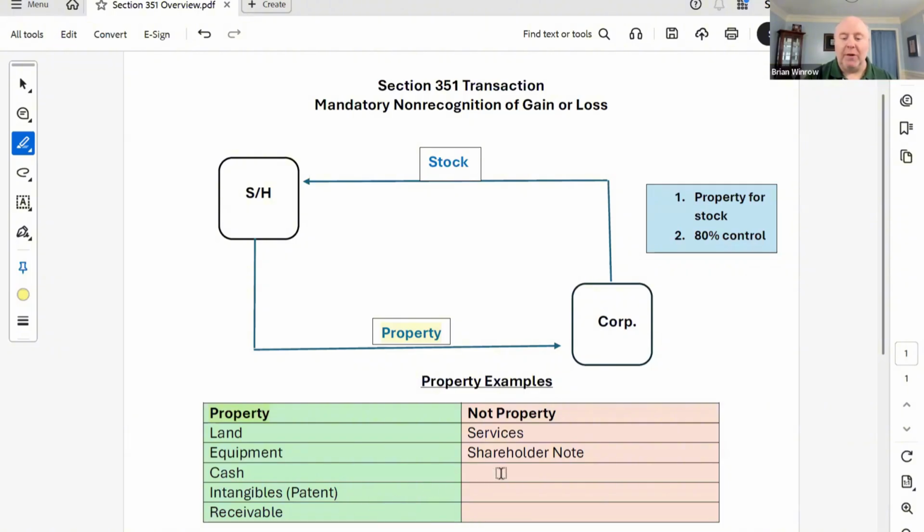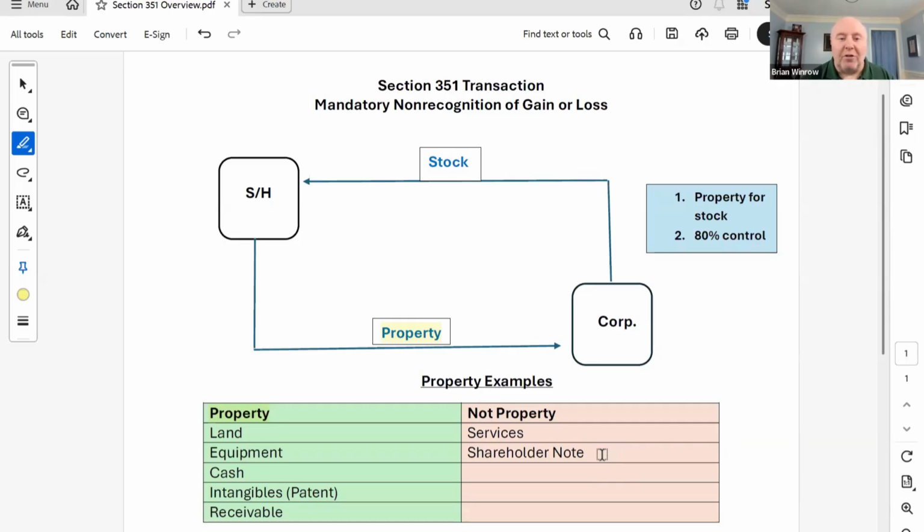So services, and then we have a shareholder note. That's where our shareholder's saying, hey, I'm going to contribute a promissory note of $100,000. I promise to pay you $100,000 later, and in return, I want $100,000 of stock. Well, that promise to pay later is unsecured. Look, that's not going to be property either. Okay, that's not going to satisfy it. And the reason we care is if they're not putting in property, they're not meeting the requirements of Section 351,